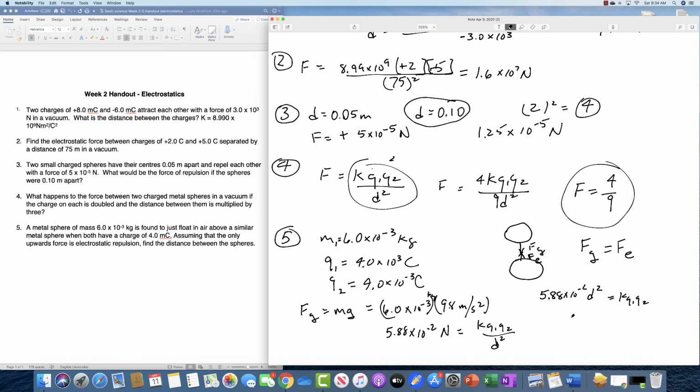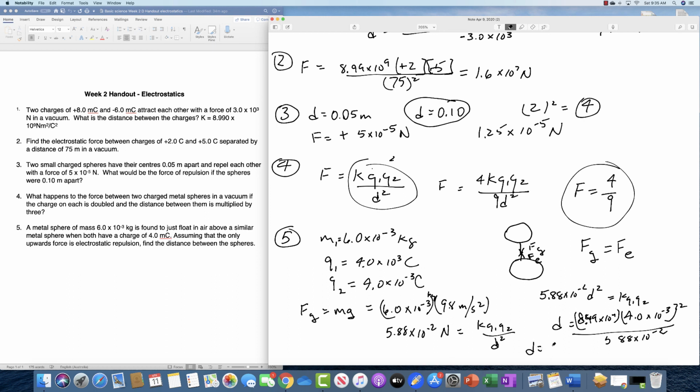And then d squared is going to equal k, which is 8.99 times 10 to the 9th, times Q1 and Q2, which are the same, so we'll just write 4 times 10 to the minus 3 squared, divided by F, which is 5.88 times 10 to the minus 2. And if we do the math here,